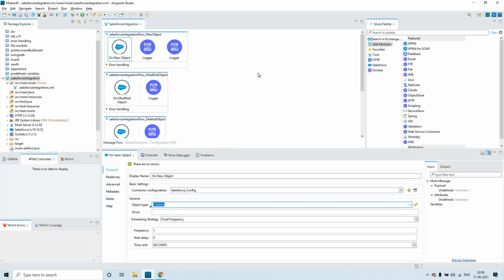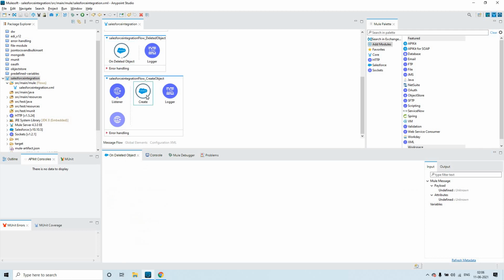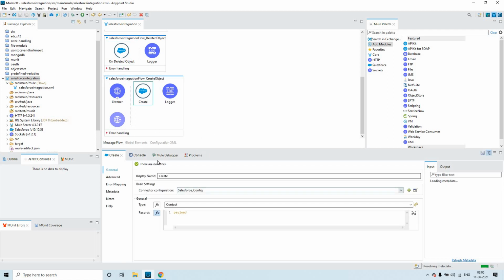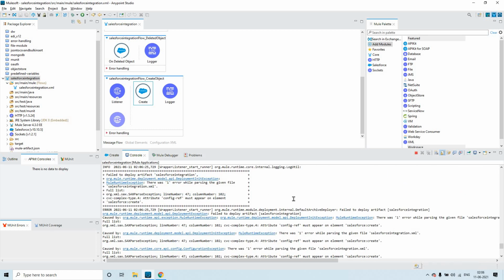As we will be dealing with the contact object in this session, just choose this contact object from this drop down, for on new object, on modified object, on deleted object, and also for create operation. Okay, for now, some issue is there.